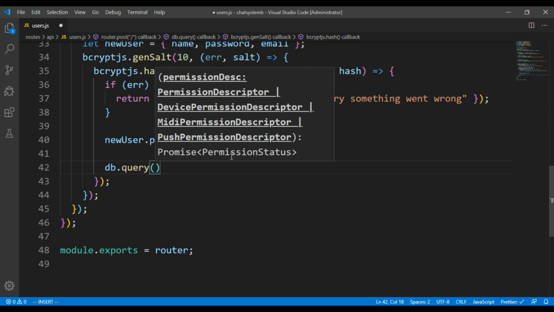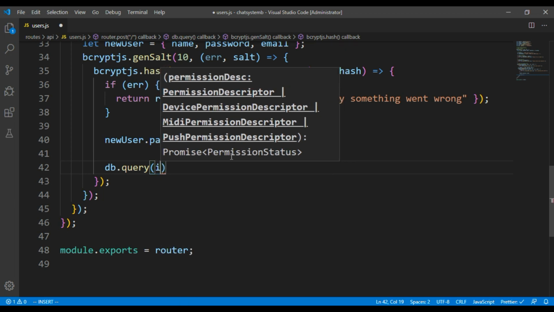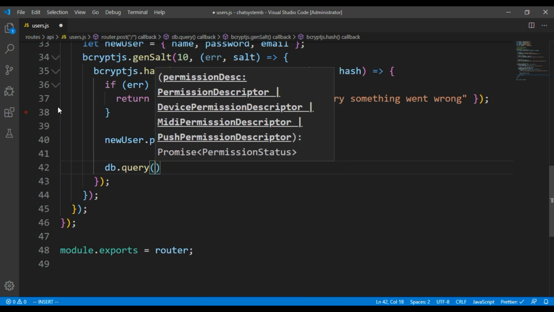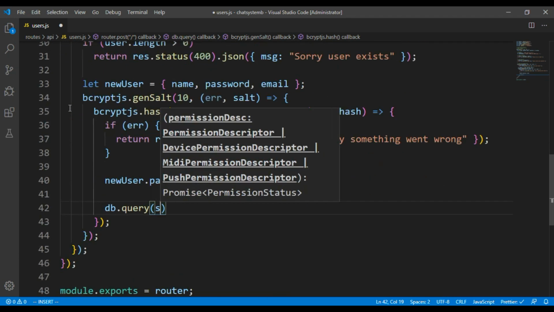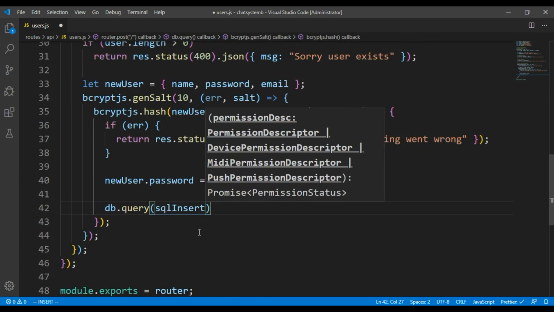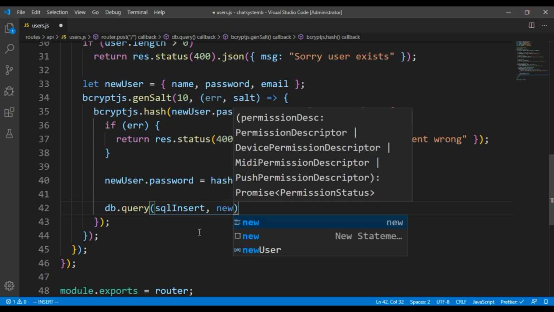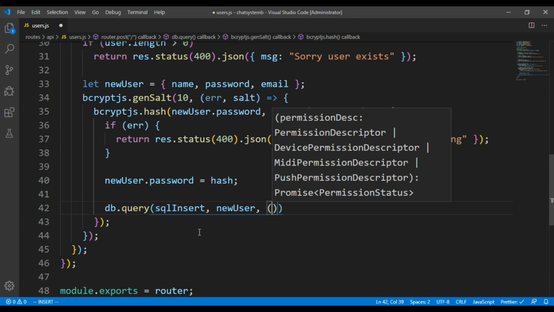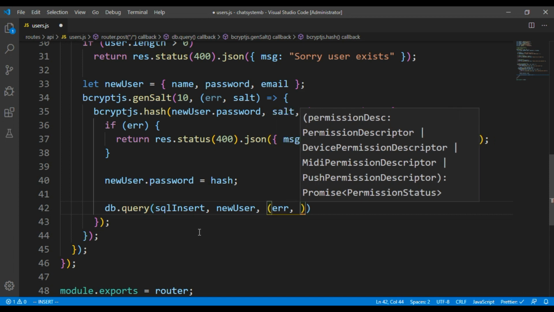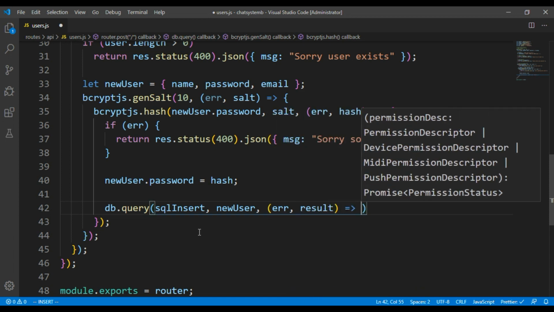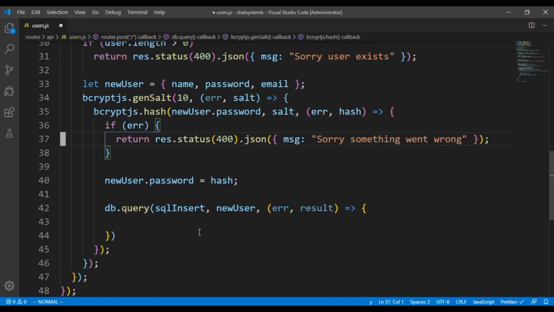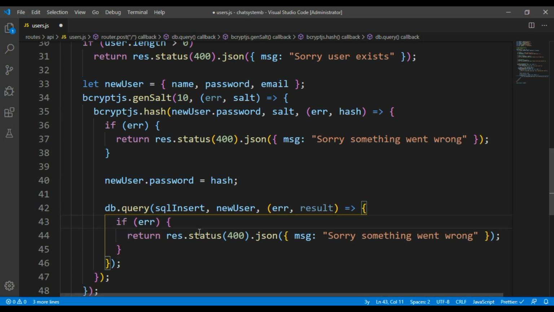Remember our insert, what did I name it again? Okay, SQL insert. So we are going to insert the new user, bind everything, and it's going to return an error or give us a result. So I'm just going to copy this again. Let me just copy 3 of them. We have to check if there's an error. We have to just say sorry, something went wrong. Or if there's a result,